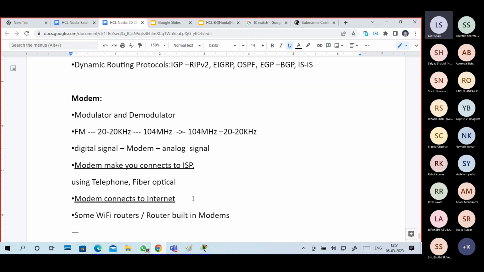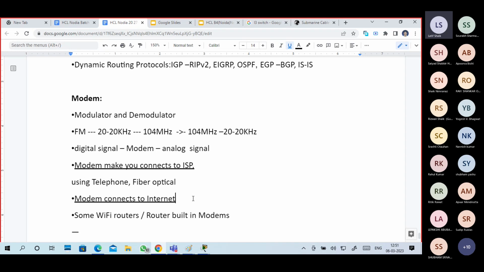The regular voice signal is from 20 hertz to 20 kilohertz frequency only. But if you go to the FM radio, you can see FM stations like 93.5, 98.3, 104, 102, 101. That is megahertz frequency.